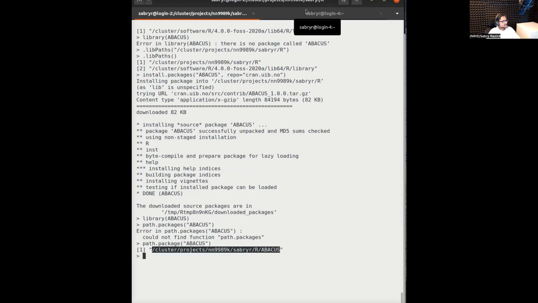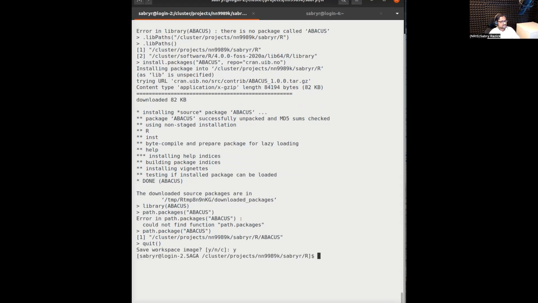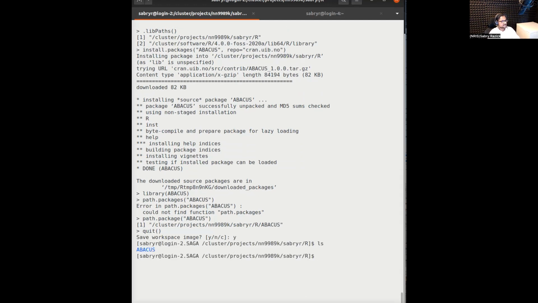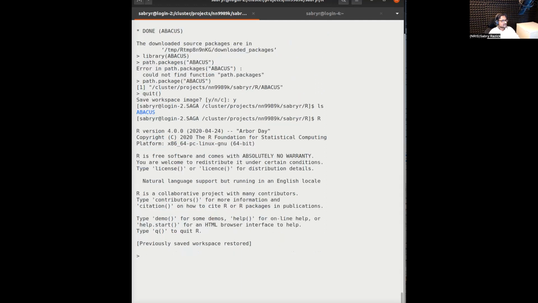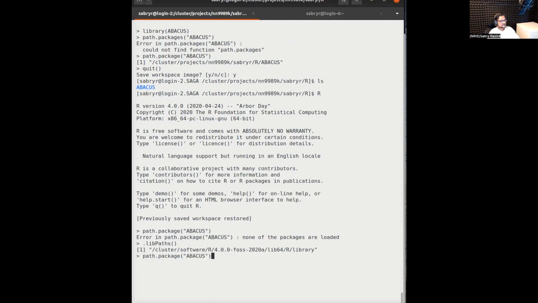But on my other... so I quit now. If I quit, I will save the workspace, and you see the R package, the Abacus, is already there, but I'm going to load R again. I'm going to use the same command, and it will say no, it was not found. The reason is the lib path, because it's not looking. So every time you use it, you have to set that path,